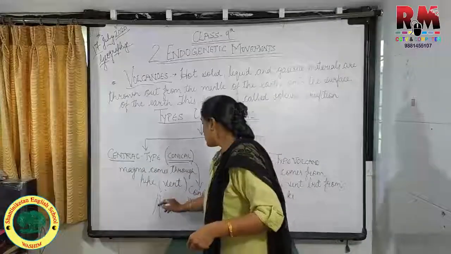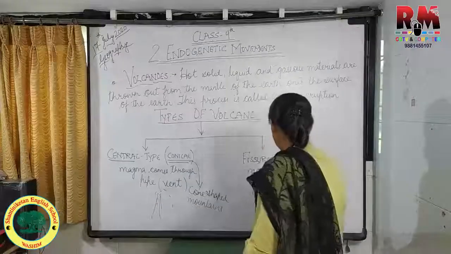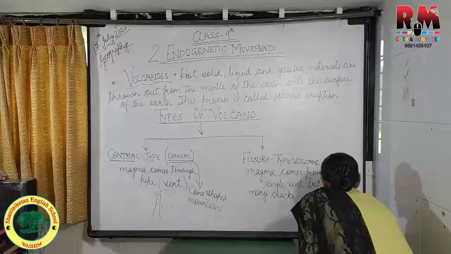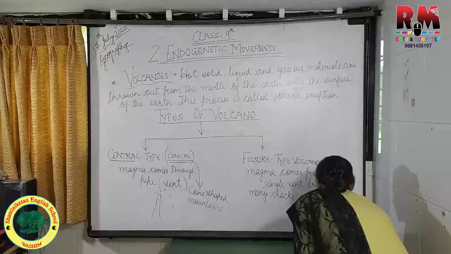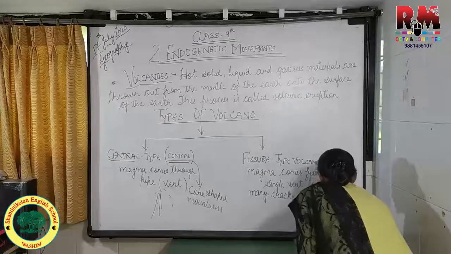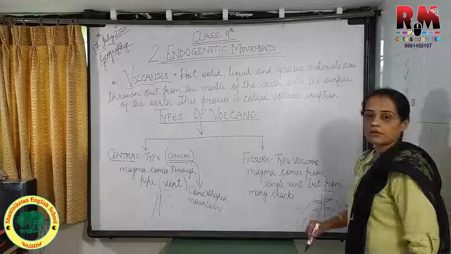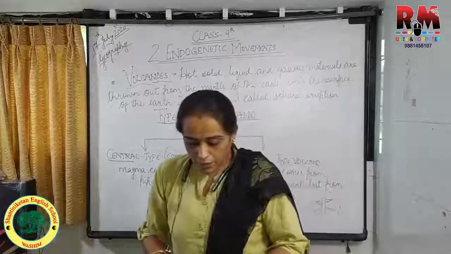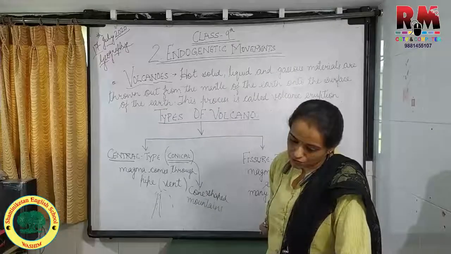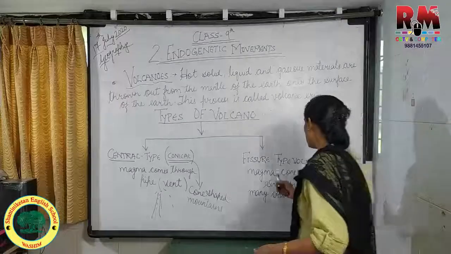Like over here, the magma comes out from only a central type of pipe-like structure, but over here, the magma comes through fissures. Like this, the cracks are there in the pipe. So, from this your magma comes out and it spreads onto the ground. The molten material coming out with the eruption spreads on both the sides of the fissure. As a result, volcanic plateaus are formed.